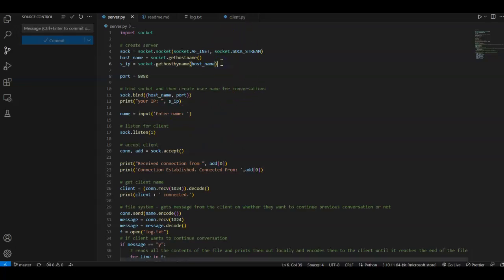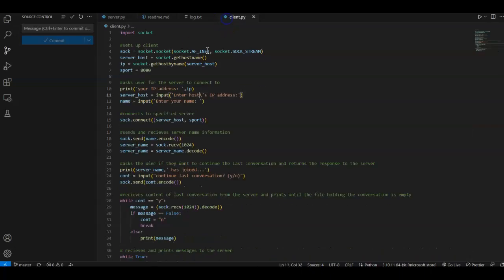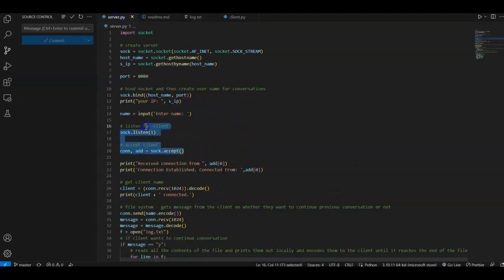In the server, what it does is it creates the server, binds it, and then listens for the client. The client sets itself up, and then it tries to connect, entering the host's IP information and making sure it's on the same port, and then it connects. And then the server accepts,